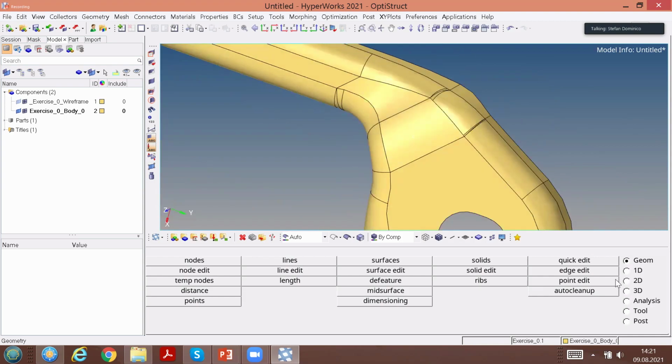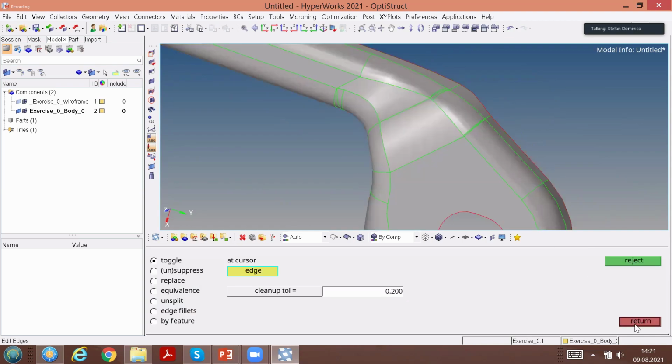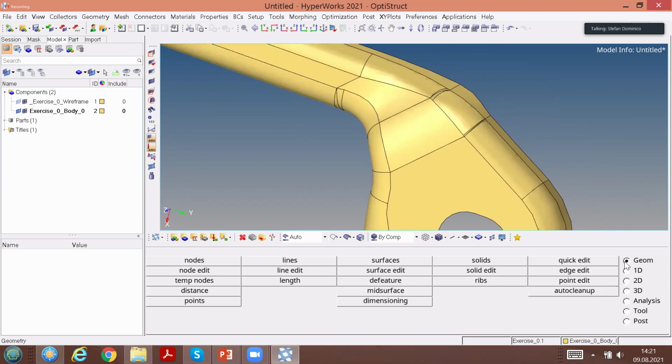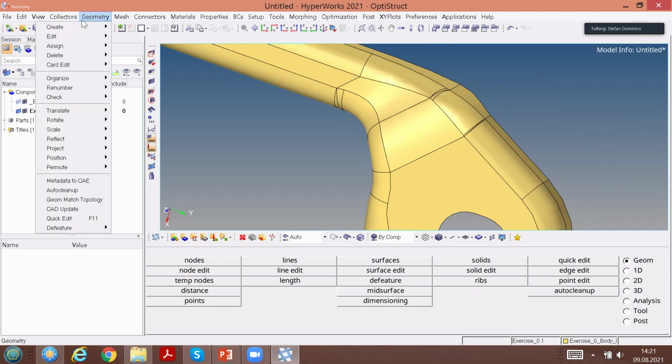And I will do just one preparation. I will suppress some of these lines. We call it toggle, so that they will not be used for the meshing process. And that's the edge edit. So I want to change some things in the geometry. So I go to the geometry tab, and it's about doing something to the edges. So it's edge edit. And you should probably find it up here, geometry, edit,